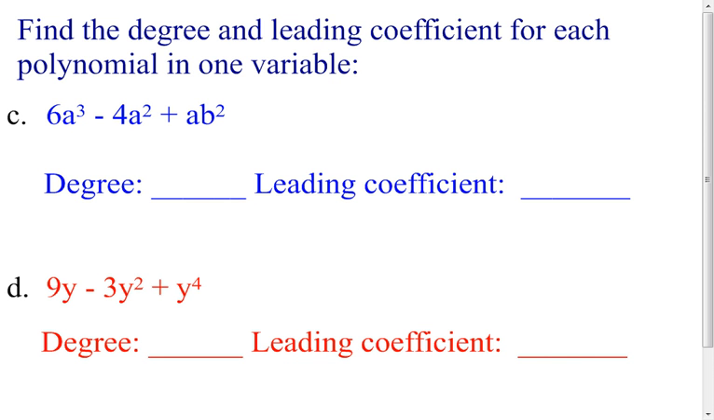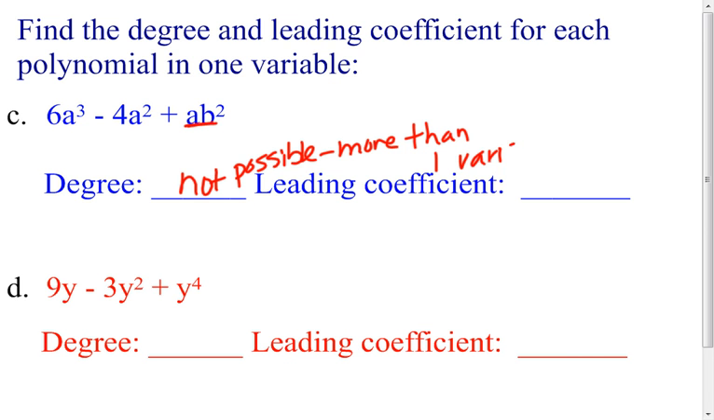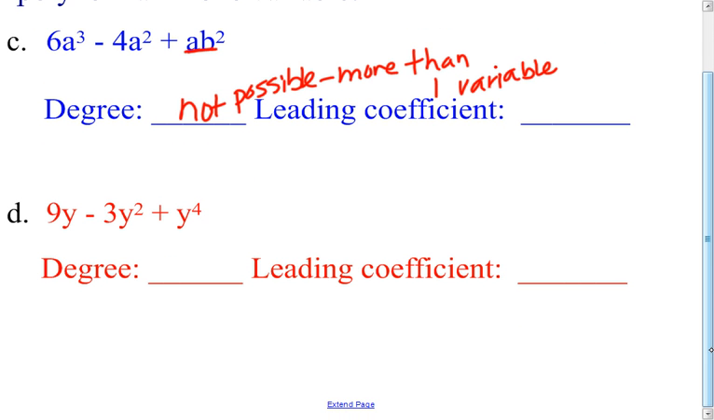This one actually is not possible because you have more than one variable in here. You have a's and b's, and so I am just going to write not possible, more than one variable. So I really can't determine the degree of this expression or the leading coefficient because of that. Okay? And then in the next one,